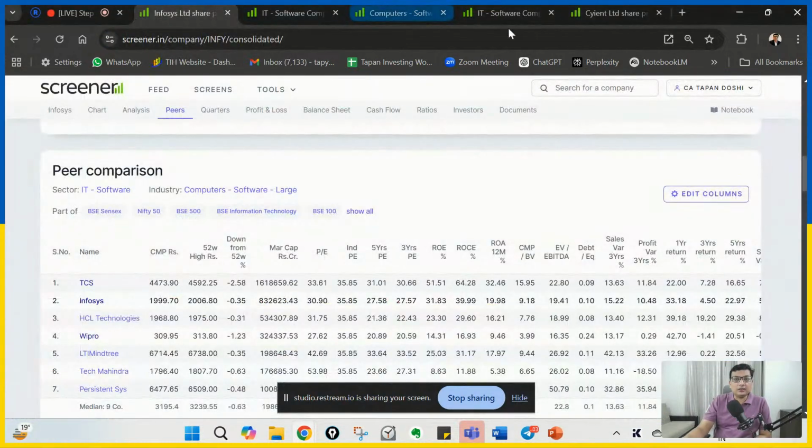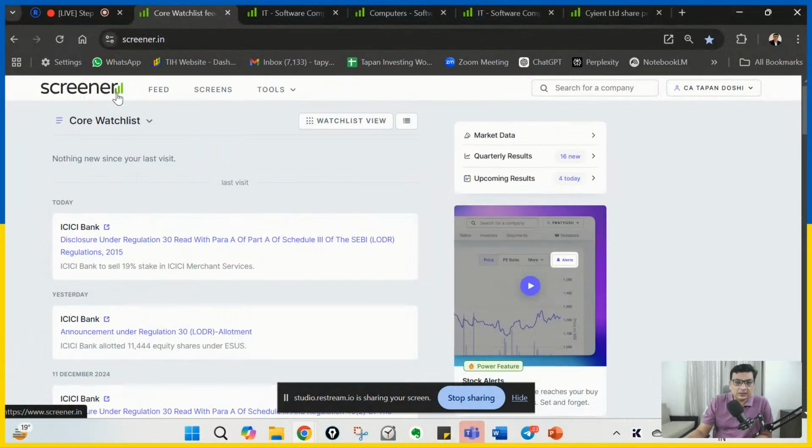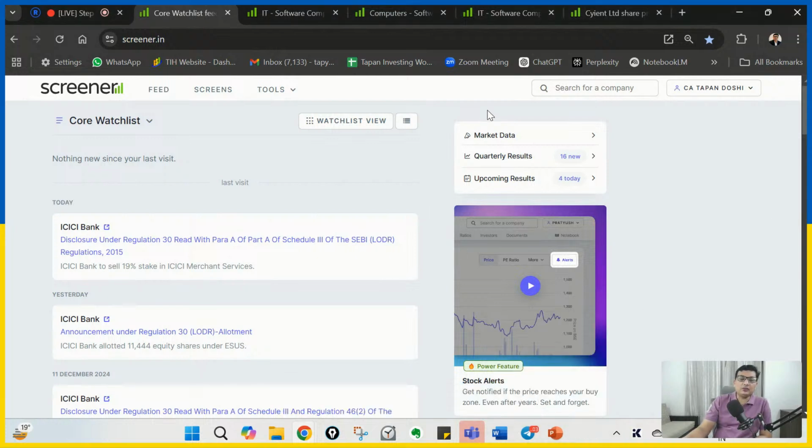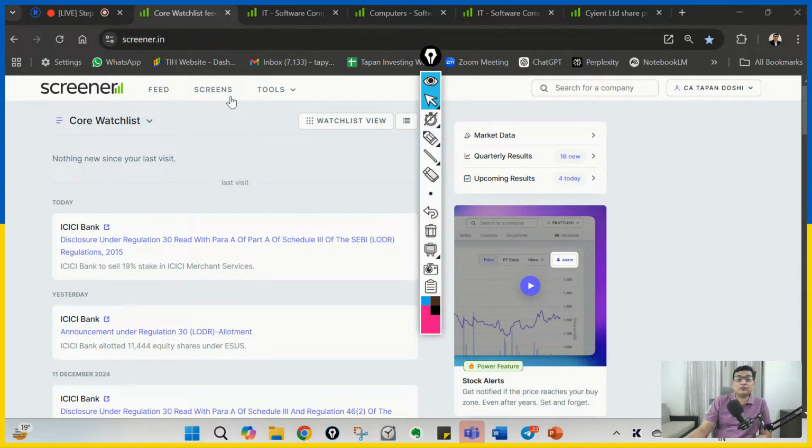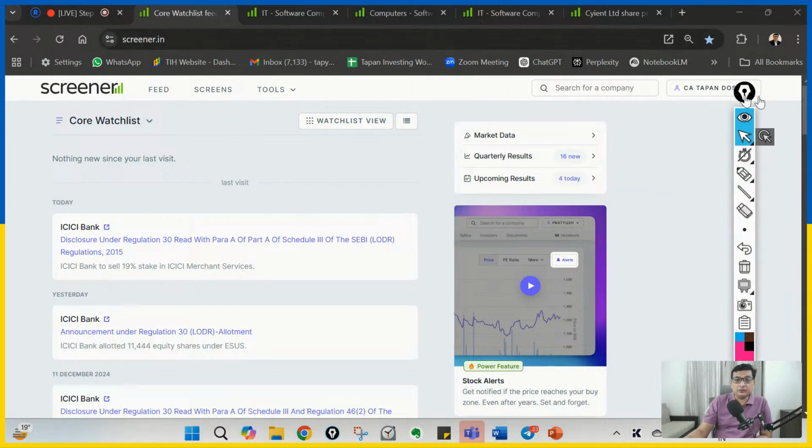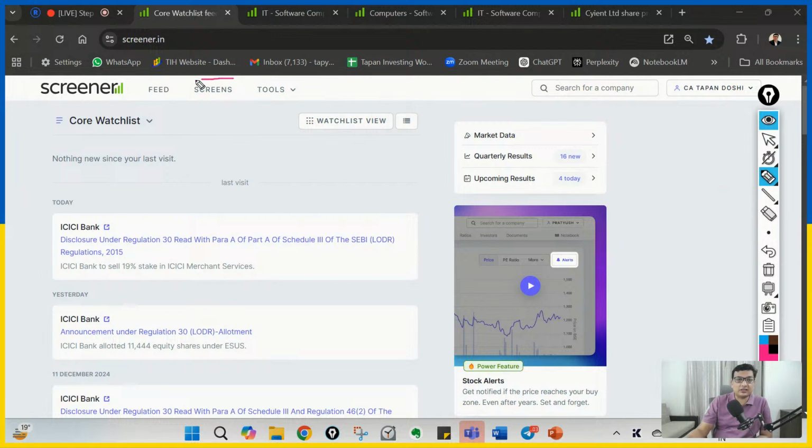Now here, if you see here, this is the screener. When we talk about the screener, guys, here you can see there is an option, Screens, correct? These screens you can click. One minute, I'll just keep this marker on so that you will be able to understand properly. Click these screens, and through that you can put in any queries and then use it. So this is the section I am talking about. Click it,